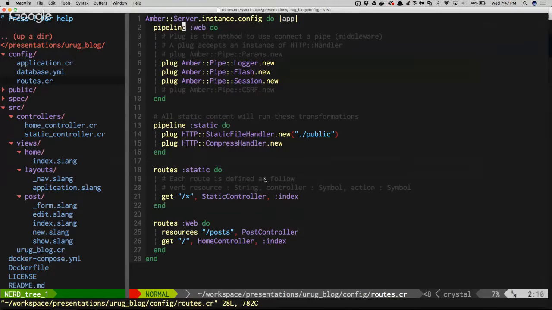But anyway, this concept right here was kind of borrowed a little bit from Phoenix, where we have the idea of a pipeline. This one is for web. We need to render. We want a logger, which we could write our own logger or use the default one. We want to have Flash, and we want to have session, and probably CSRF. For static, basically, we just want to compress it and serve everything in the public folder. You could write an API one and say, in API, we honestly probably don't need any of these things, but we probably need CORS.